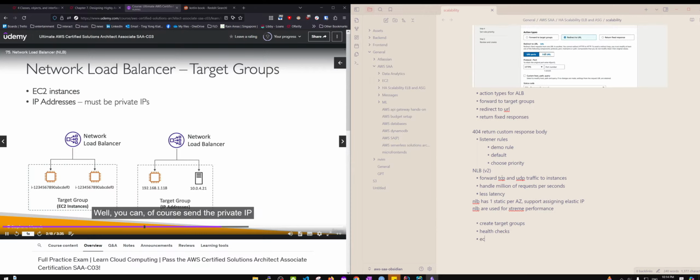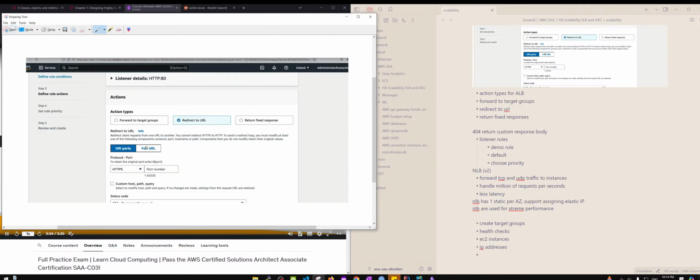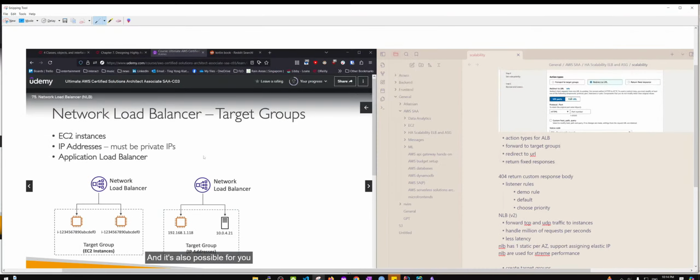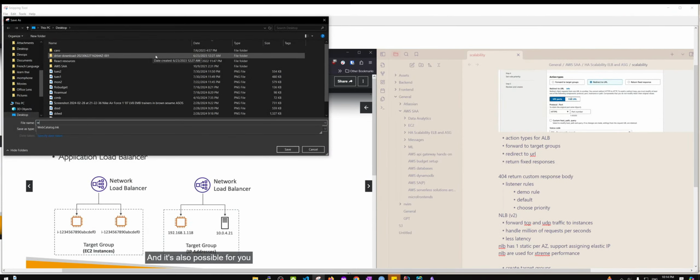Well, you can, of course, use the private IP of the EC2 instance that you own, but also you could use the private IP of a server that you have in your own data center. And therefore, both of them can be fronted by the same network load balancer. And it's also possible for you to have a network load balancer in front of an application load balancer. So in that case,